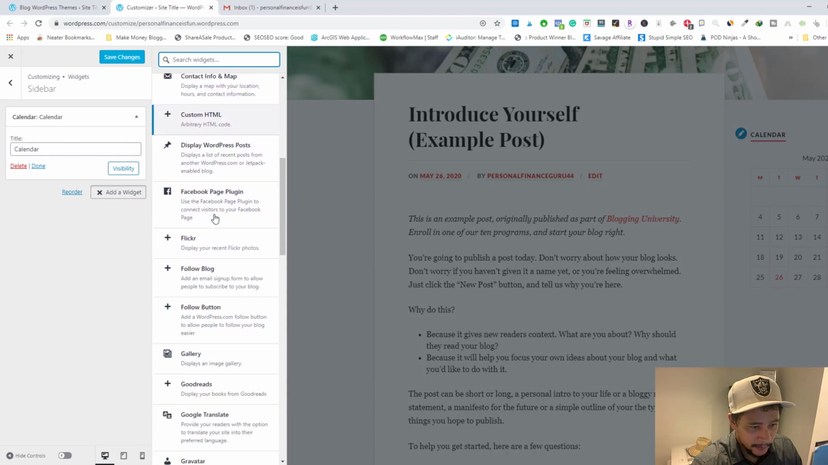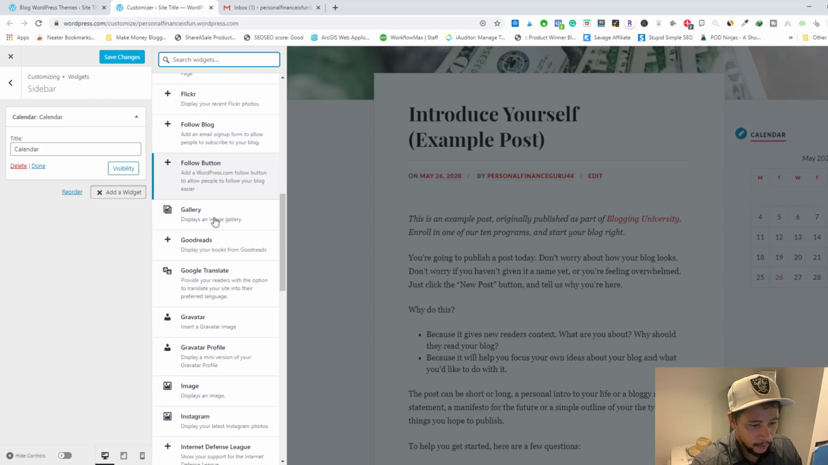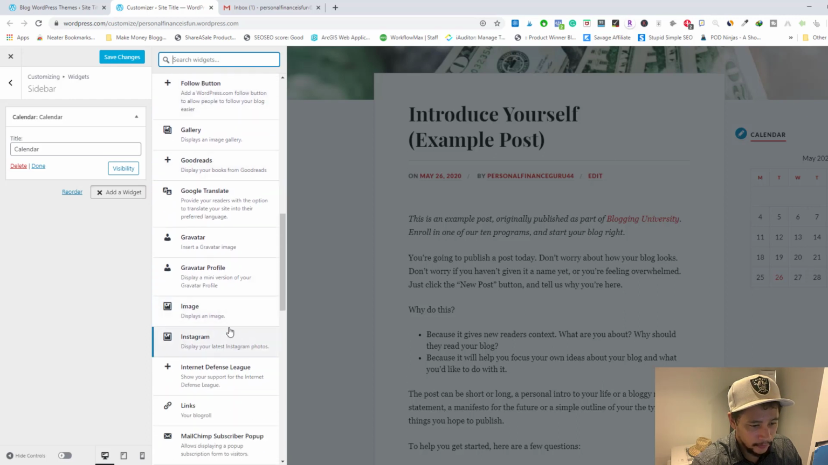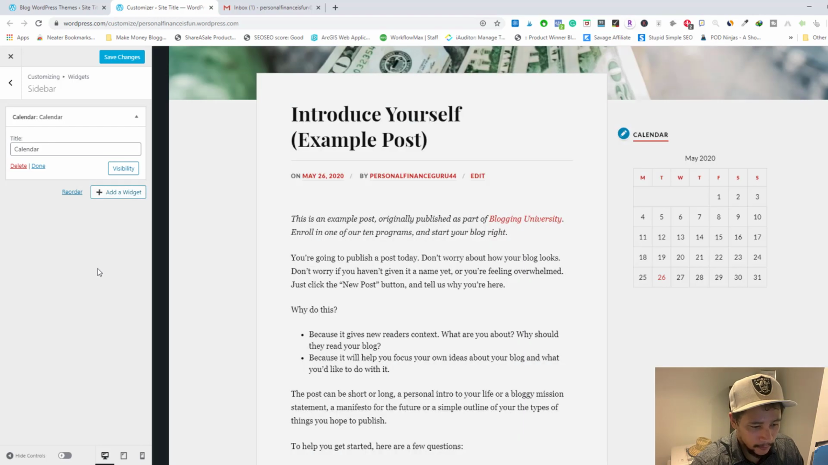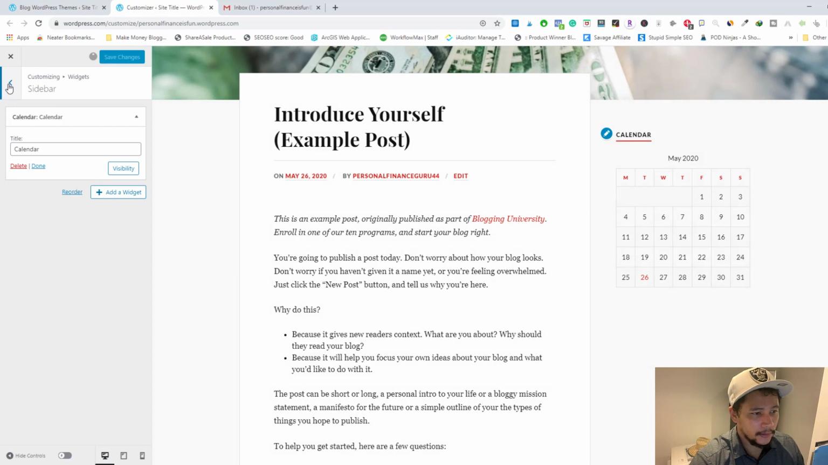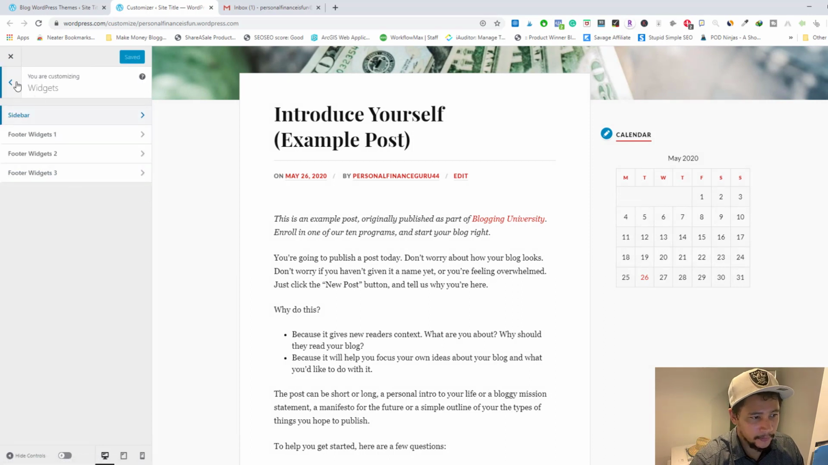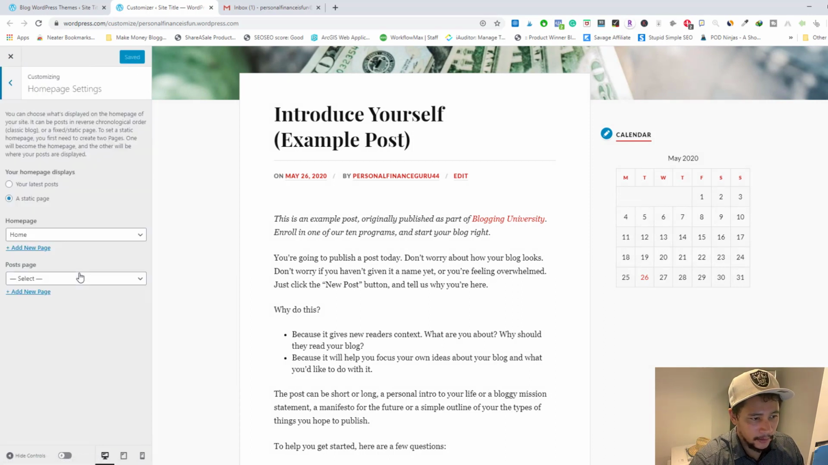Maybe you want to add a Facebook page or something like that, or Instagram photos. But I haven't set up all of that stuff, so I'm just going to leave it at that. We'll just add a calendar, and then